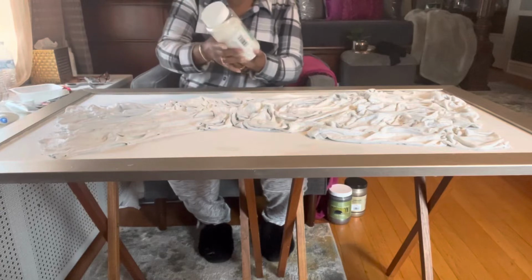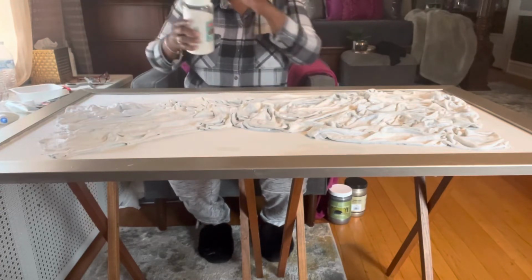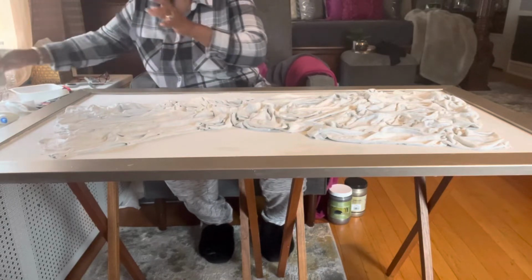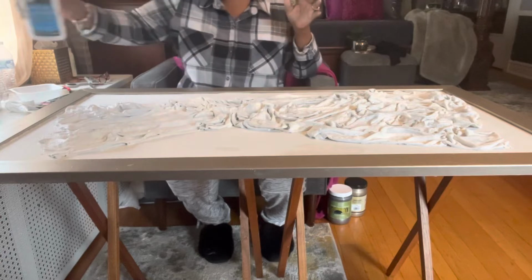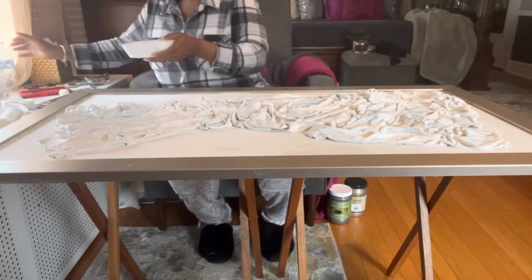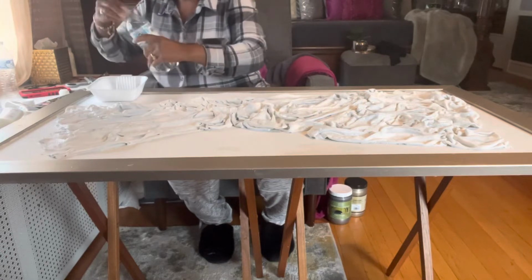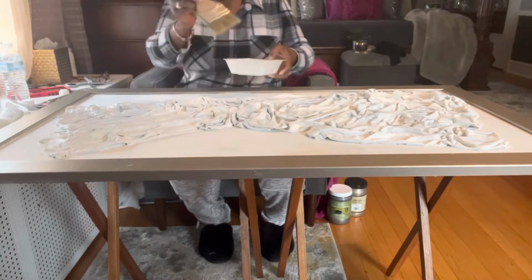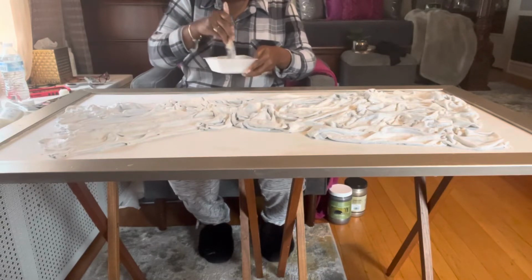I'm back, it's dry, and I want to give my piece another layer of texture. I'm going to use my white iridescent glitter and school glue that I picked up from Dollar Tree. I'm going to add the school glue and water equal parts. I want to mix it up, and I'm going to use a chip brush to apply it to the fabric. I'll make sure